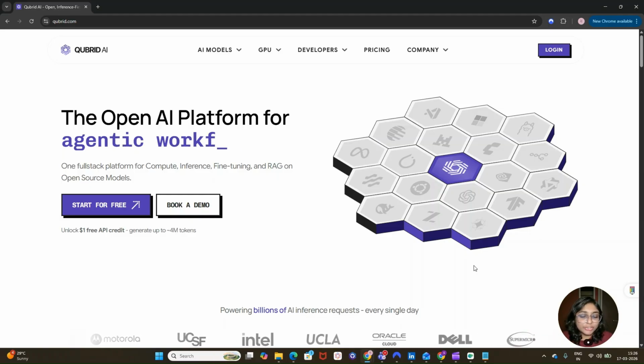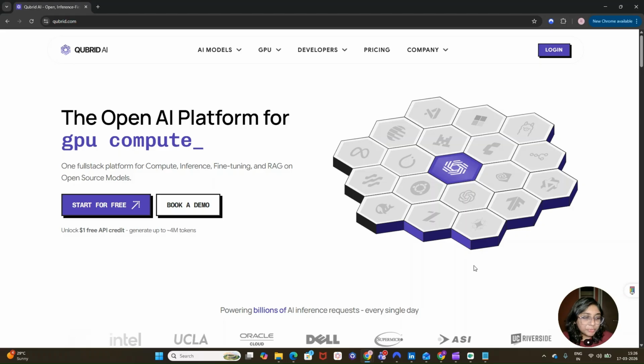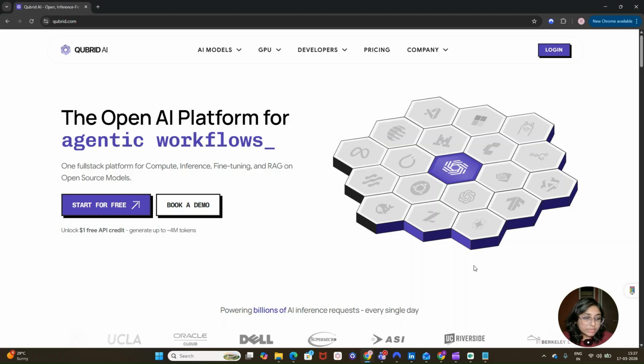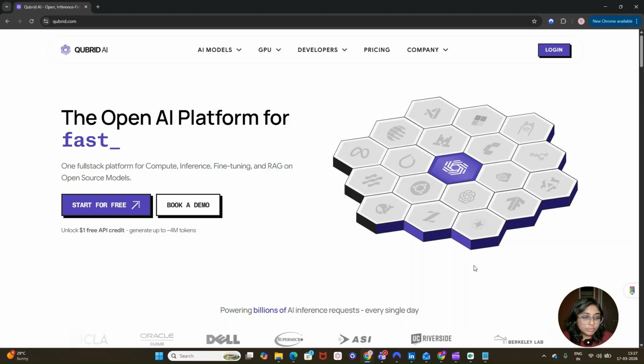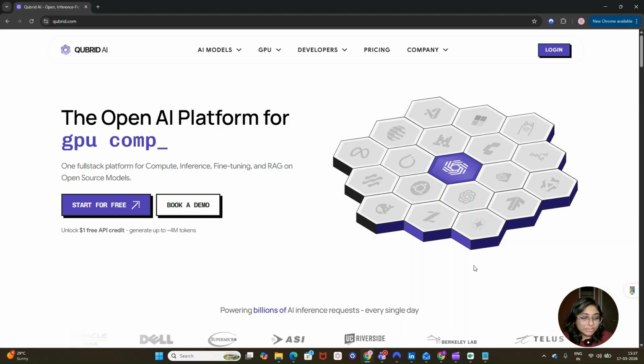In today's video, I'll show you how you can use the Kimi K2 thinking model on the Kubrid AI platform to solve some complex problems with step-by-step reasoning. So if you're a developer who is building any AI platform, an AI assistant, a reasoning system, or problem-solving workflows, this video is for you. So make sure that you watch till the end.